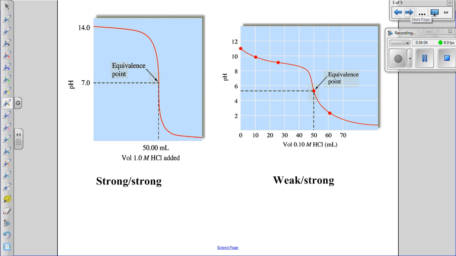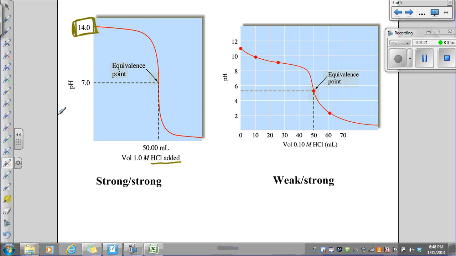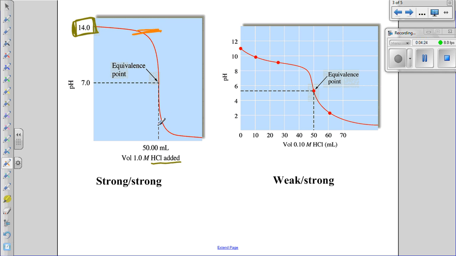Now I want to look at curves where we have a strong base. Starting with a strong base, I know that because we're starting at a high pH. The curve is real sharp, so I know it's a strong acid that is being added. If I look at the middle of this real sharp part of the curve, the middle is the equivalence point. That's at 7, so this is kind of screaming at me that this is a strong base, strong acid titration,